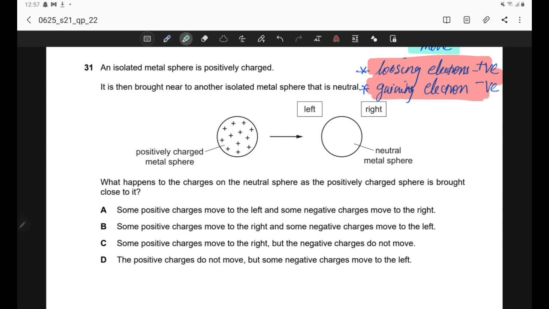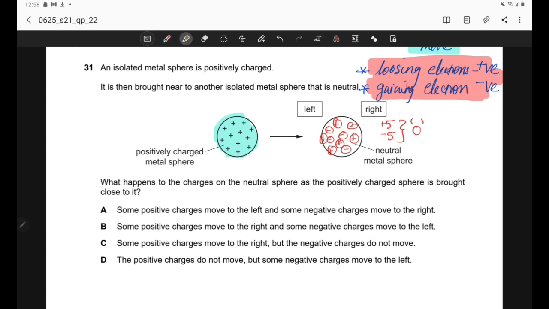So here we can see we have two spheres. The first one is filled with positive charges, but the second one is neutral. Neutral means the number of negative charges and positive charges will be the same. For example, if there are 5 negatively charged particles, there will be 5 positively charged particles present. So the total positive charge is 5, the total negative charge is also 5, so the total charge will be 0. That's why we call it a neutral sphere, or there is no charge in the